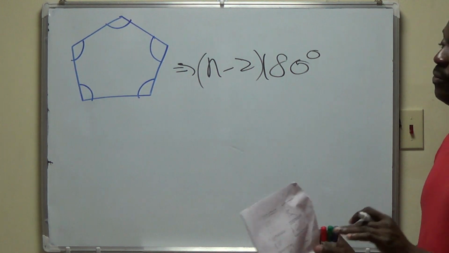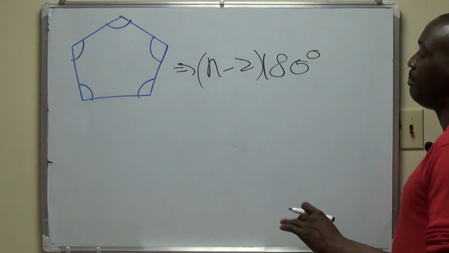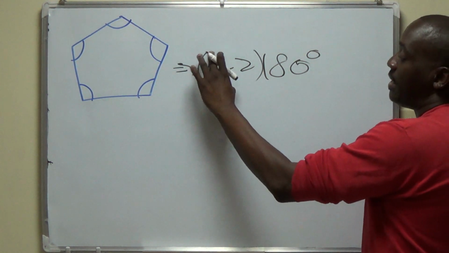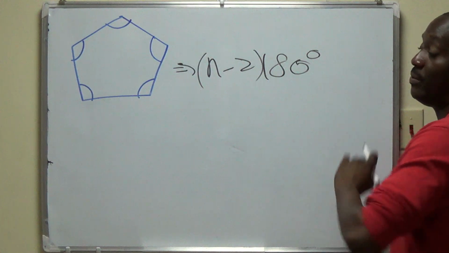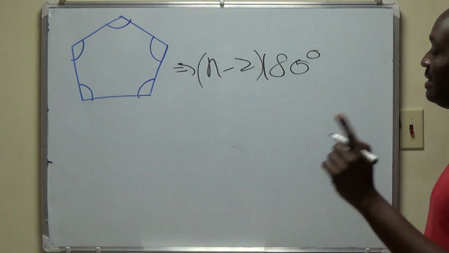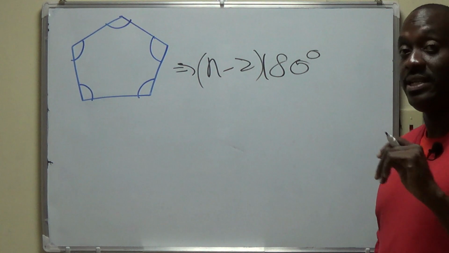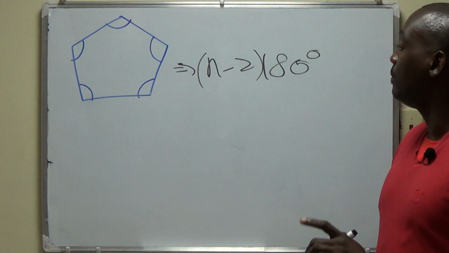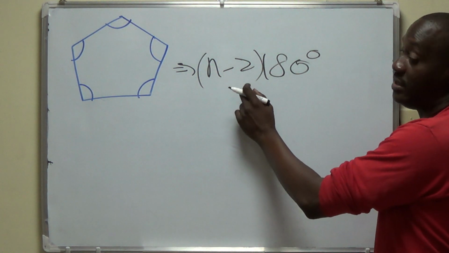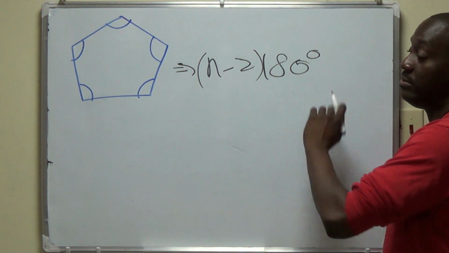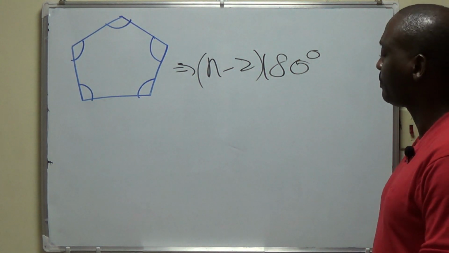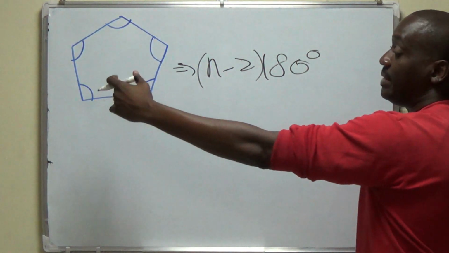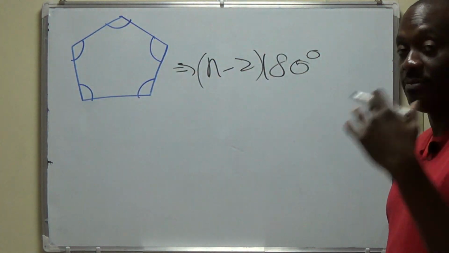Now we come into some somewhat unfamiliar territory. We're dealing with a pentagon. If we have a pentagon where n is equal to 5, so 5 minus 2 is equal to 3. 3 times 180 is 540. So in this case, the sum of the interior angles of a pentagon, which doesn't have to be regular, would be 5 minus 2 is 3, sorry. 3 times 180 is 540 degrees. So we know therefore that all of these angles in this pentagon, which just to remind you is not regular,